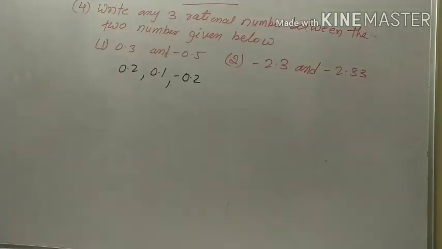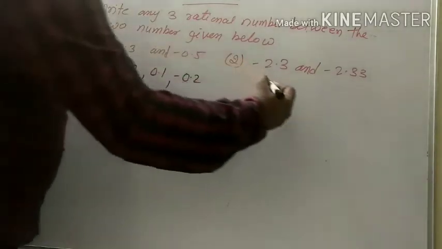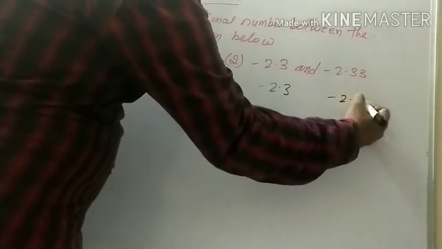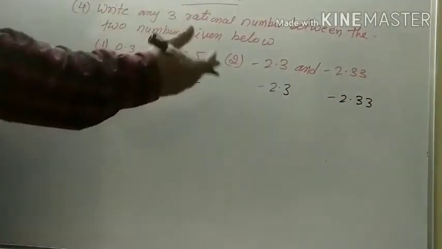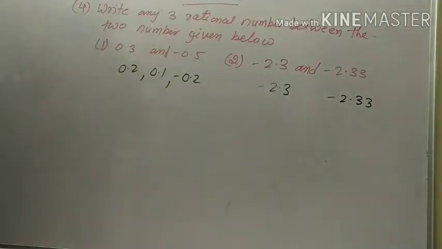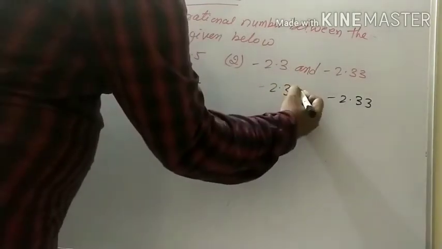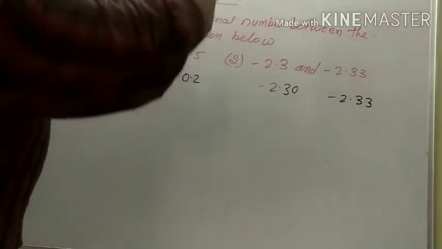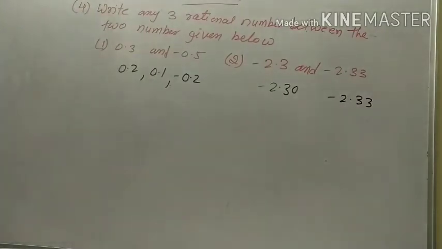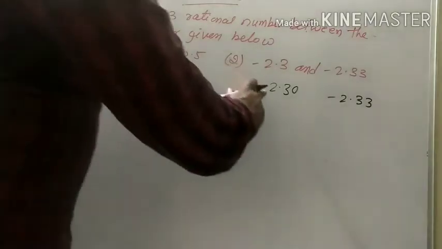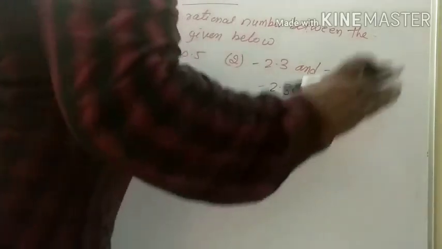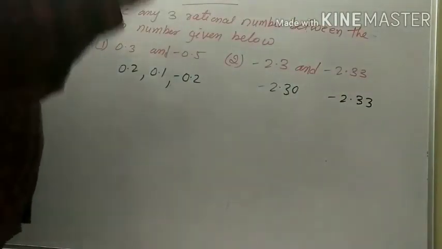Okay. Now question number 2 is what? Minus 2.3 and minus 2.33. If we put one 0 over here, the value of minus 2.3 is not changed, because after the point, if we take 0, the value of the decimal is not changed. So minus 2.30 and minus 2.33. In between 30 and 33